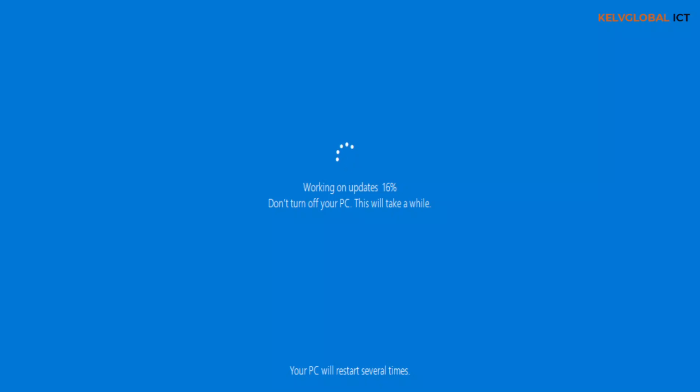So after the update completes, your device will restart, and then you'll be requested to log on to your device using the same credentials you created in Windows 8, because all your documents, files and folders will not be deleted. So you'll be requested to log on to your device still using the same credentials you created in Windows 8.1. So this is how you upgrade your Windows 8.1 to Windows 10 without losing your data,